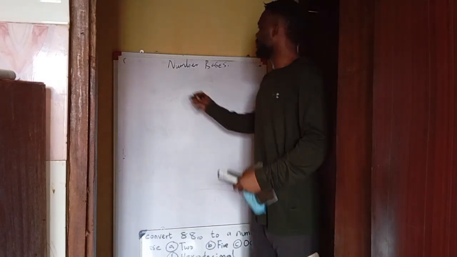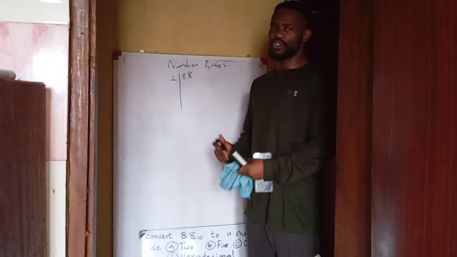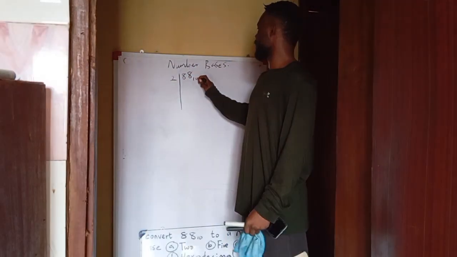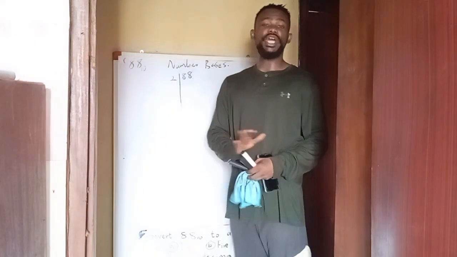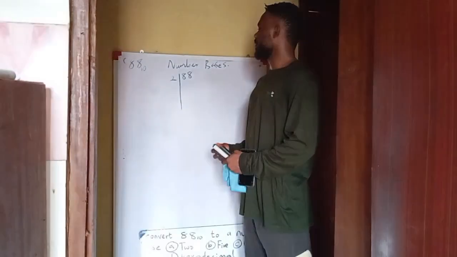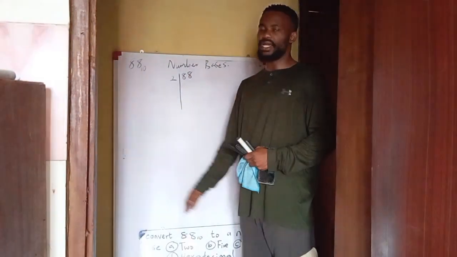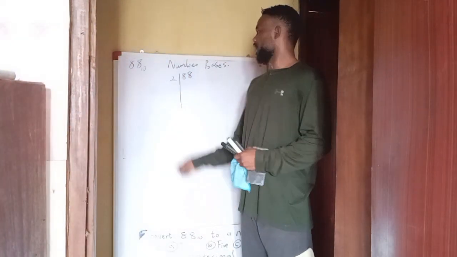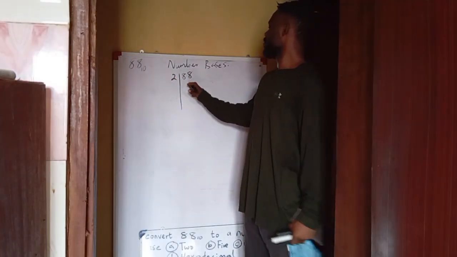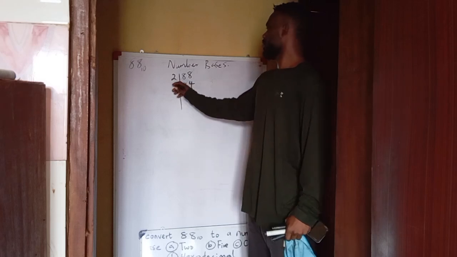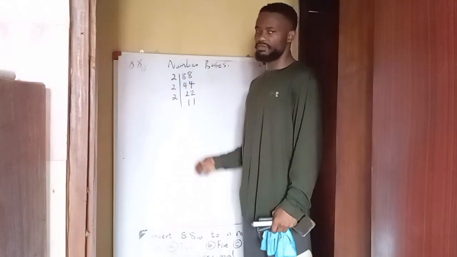Whenever I have a base 10 number, I always divide by what I'm asked to convert to. Anytime I have any number in base 10 and I want to convert it to any base, I will simply bring out the number I'm given and divide it by the base I'm taking it to. So assuming it's base 5, I'll divide by 5. But here I'm taking it to base 2 first, so I'll divide by 2. 2 into 88 will give me 44. 2 into 44 will give me 22. 2 into 22 will give me 11. And notice that